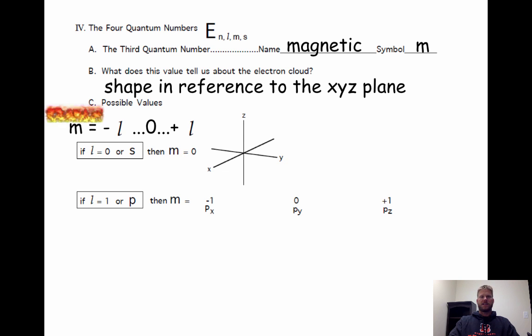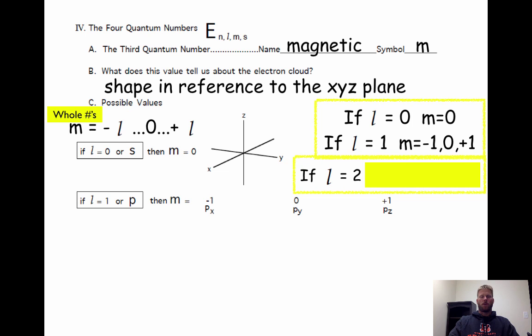Once again, best seen with an example. It's always going to be whole numbers. If L is 0, well, negative 0 to positive 0, that doesn't exist. If L is 0, M is 0. If L equals 1, then M is the range of values from negative 1 to positive 1. So negative 1, 0, positive 1 are the possible values for M. So you can try one here. If L equals 2, then the possible values for the M quantum number are a range of values from negative